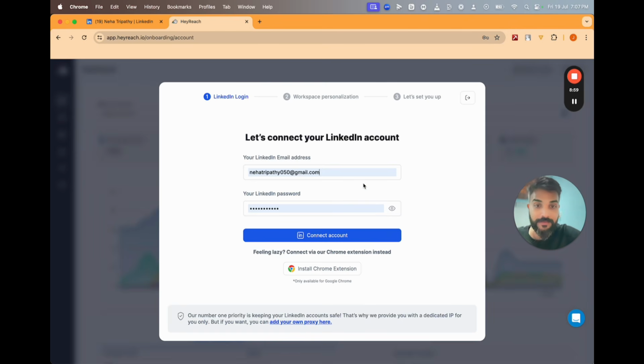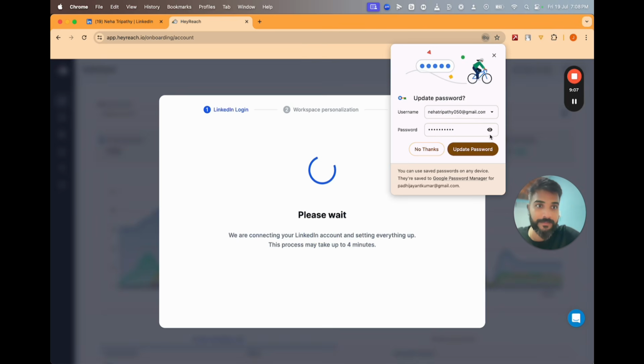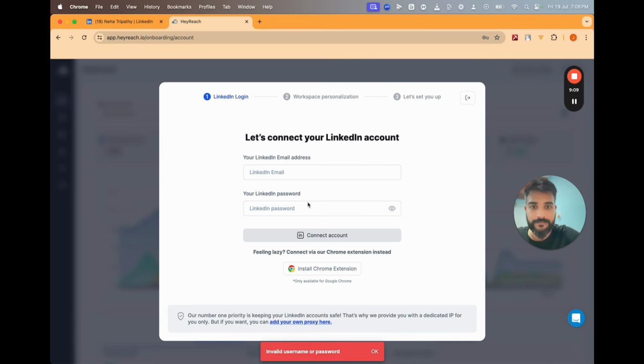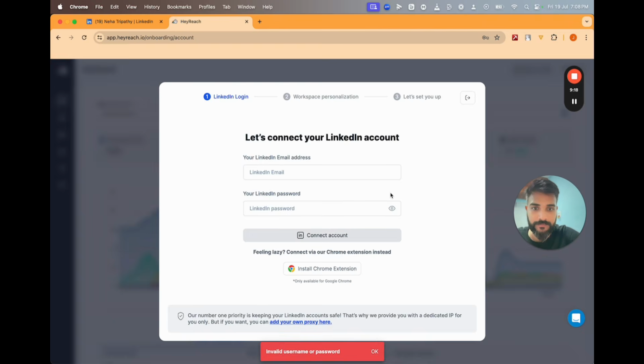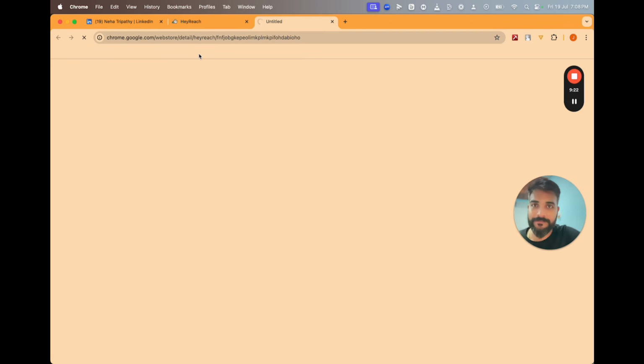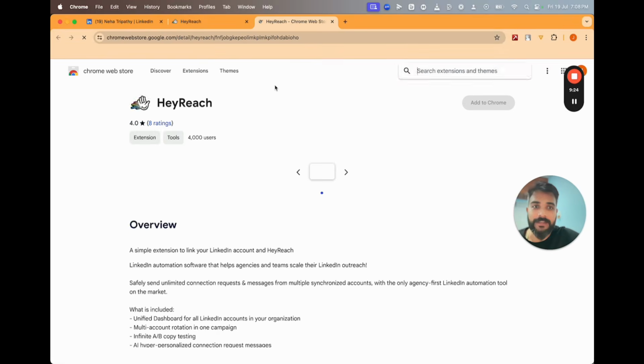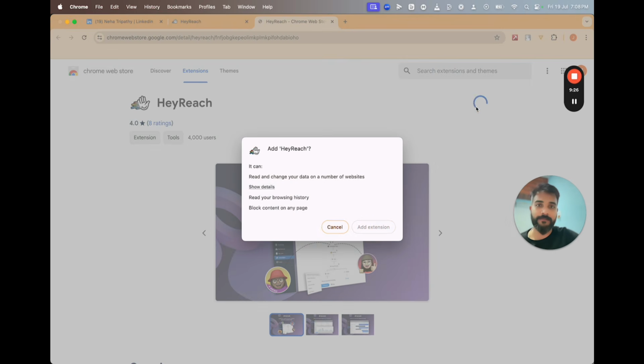And I'm honestly not sure if this is the same LinkedIn password. Let me just quickly get it. I'll pause this again. All right. Let me connect. I hope this is the right one. I'll install the Chrome extension. I think it's not taking my whole username, passwords and everything.